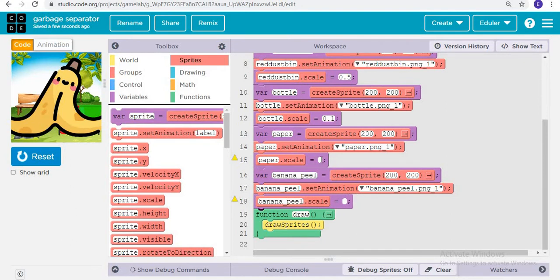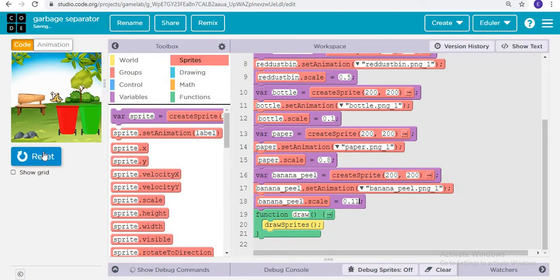So now we have to add a scale. So the paper.scale is equal to 0.8, and here we will add 0.11. Now we will reset and run. So now it's final. It's time for us to give all these three